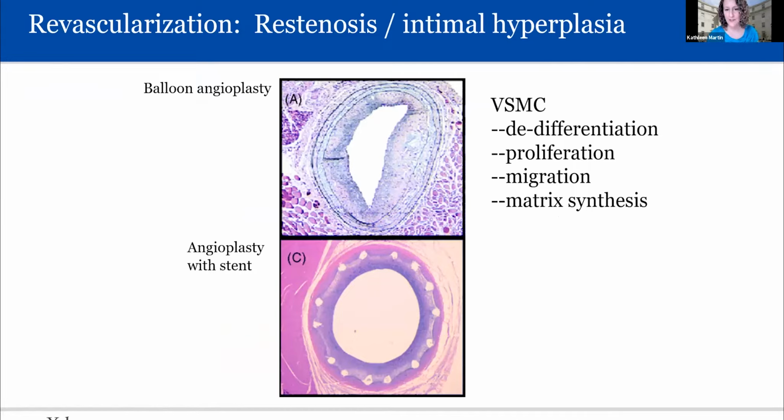The smooth muscle cells normally reside in the medial layer where they're differentiated and quiescent, but in response to mechanical injury and the inflammatory cells and platelets and the cytokines and growth factors that they produce at the site of injury, smooth muscle cells will de-differentiate, lose their repertoire of smooth muscle contractile proteins, become proliferative, migrate into the lumen where they secrete excessive amounts of extracellular matrix that forms these intimal lesions, and they can migrate even through the